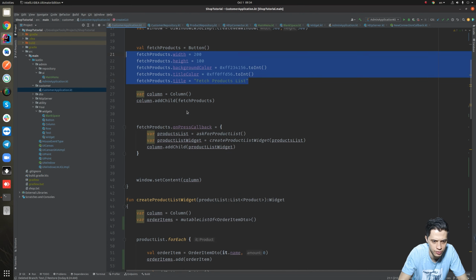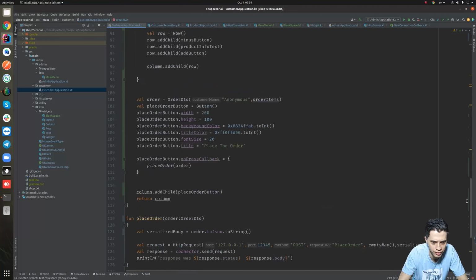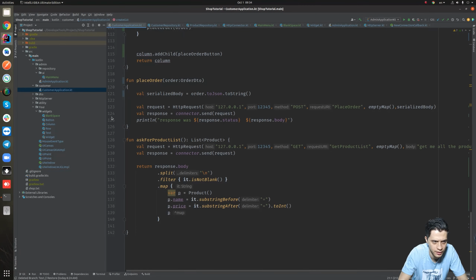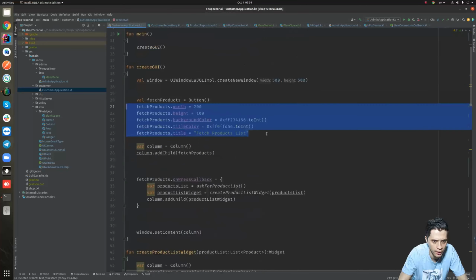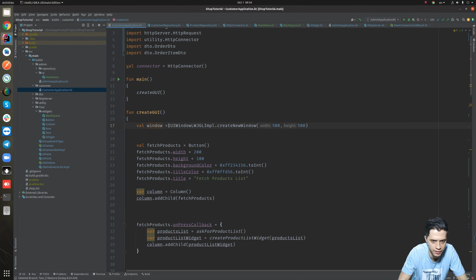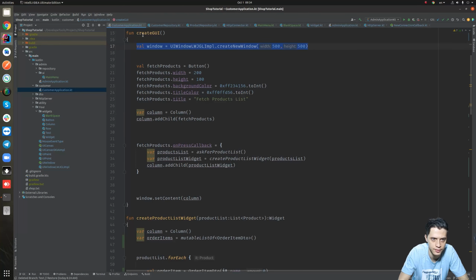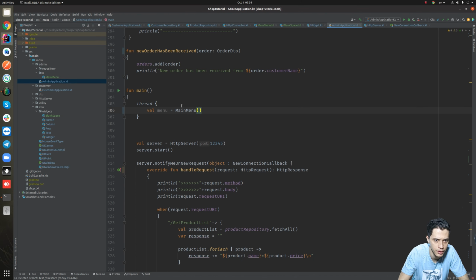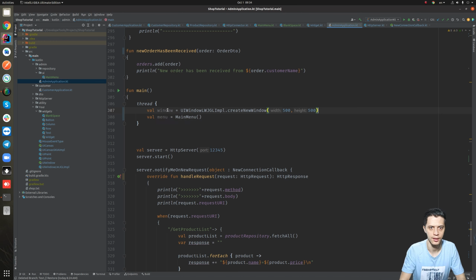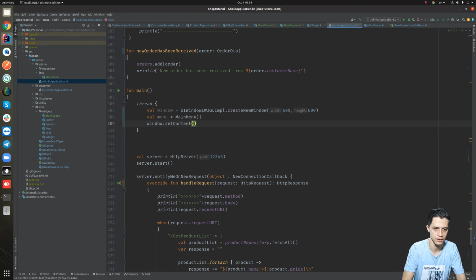For the customer application, I think we create a window. We have to create a window and then pass. Let me see here. Let's create GUI. We have to create a window. All right, let me copy and paste this. And then at the end, we set the content. So we have to do the same here. And we have to create a window for the admin application as well. 600 by 600. And then we set the content of the window and we pass the widget, which is the main menu. Now if we run the admin application,